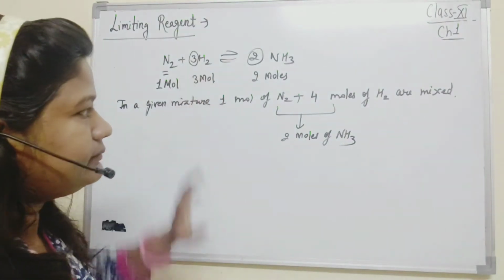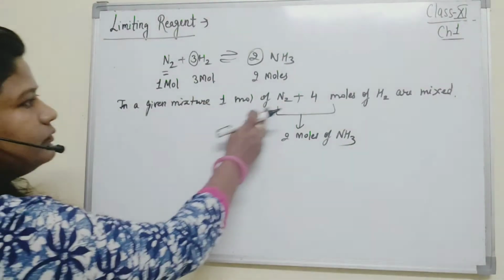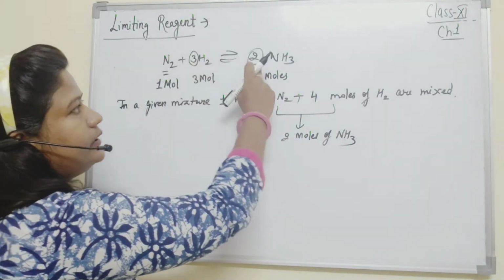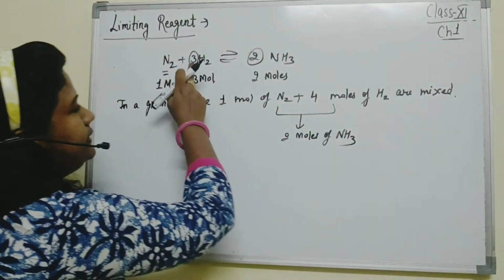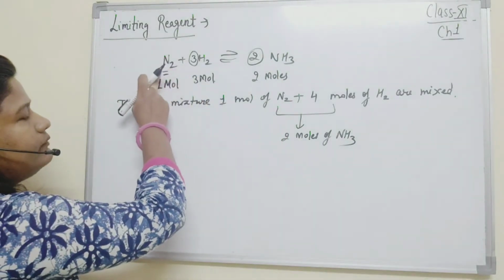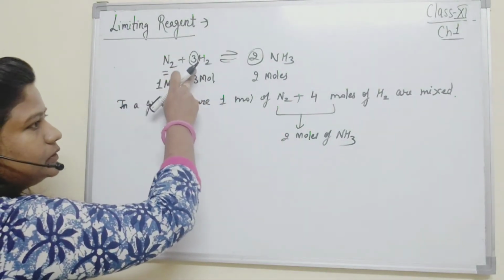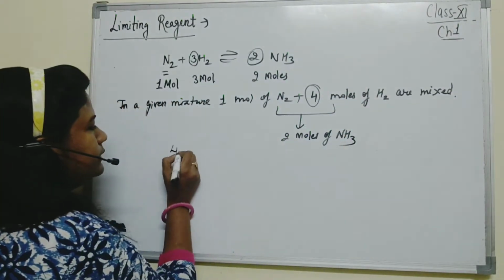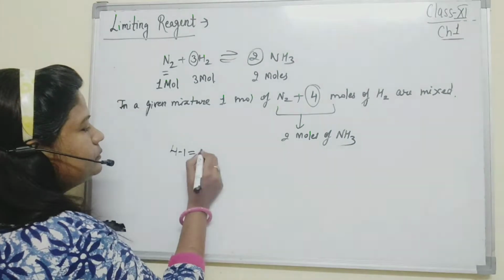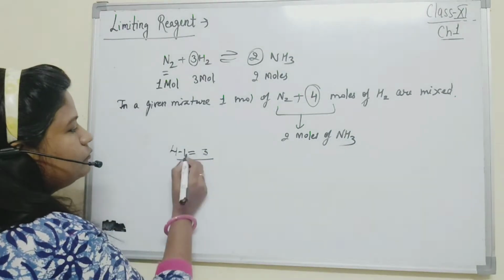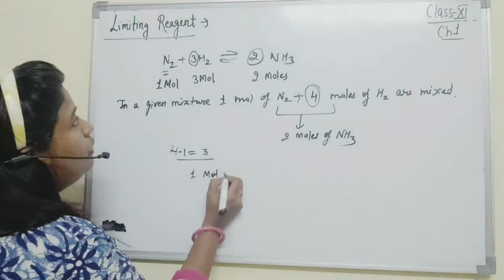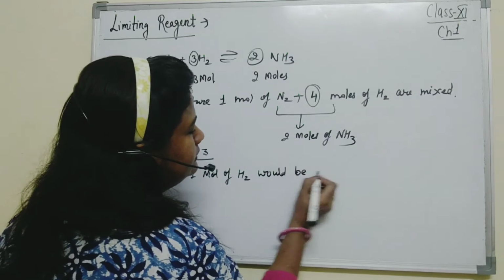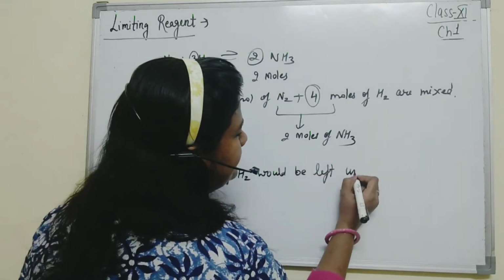Correct? What I am saying is that 1 mole of nitrogen reacts with 3 moles of hydrogen to make 2 moles of ammonia. It means how many moles of hydrogen are required for 1 mole of nitrogen? 3 moles. But how many are given? 4 moles. So 4 minus 1 is equal to 3. Correct? So 1 mole of hydrogen would be left unreacted